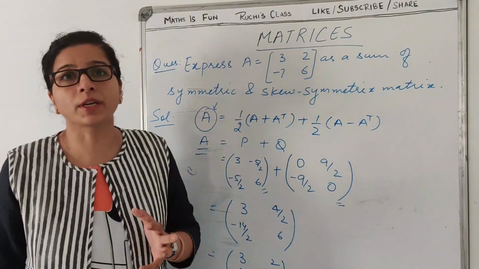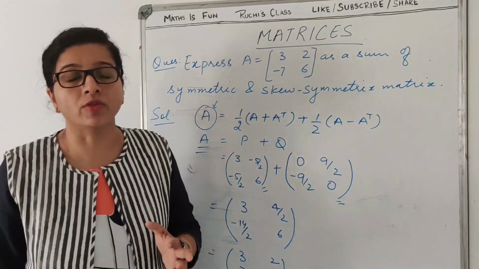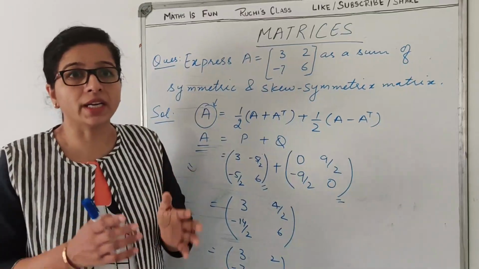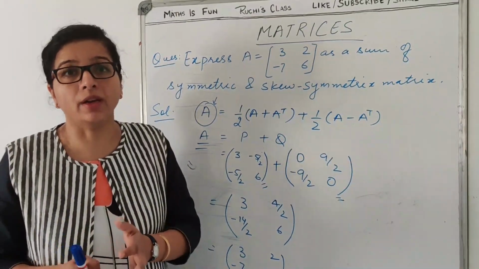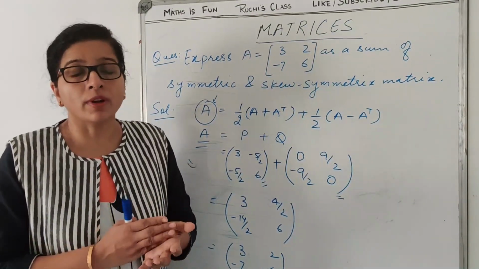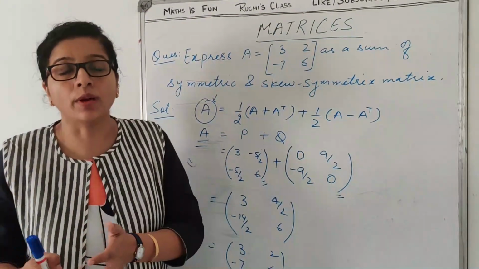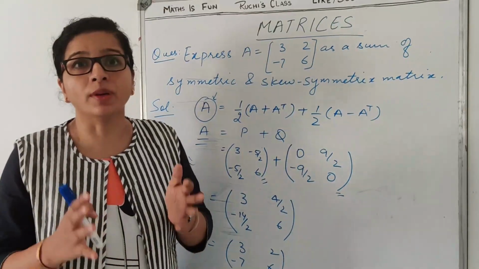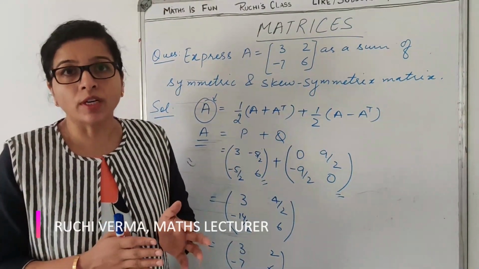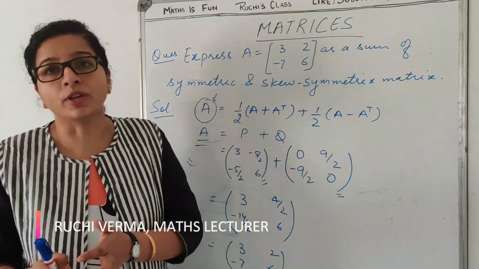And matrix multiplication is not commutative. Generally, students make a mistake. They write AB is equal to BA, which is not correct. Moreover, when we are finding A square or A cube, it is A into A into A. Please don't square the elements of the matrix. You have to multiply the full matrix A by the other full matrix A.